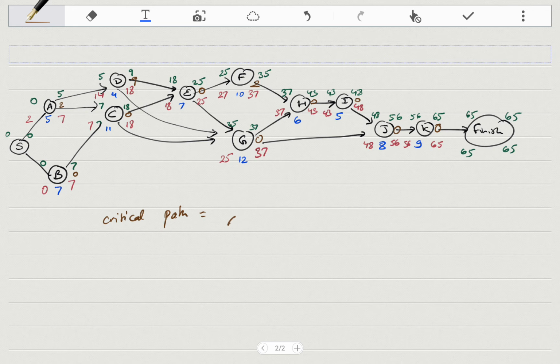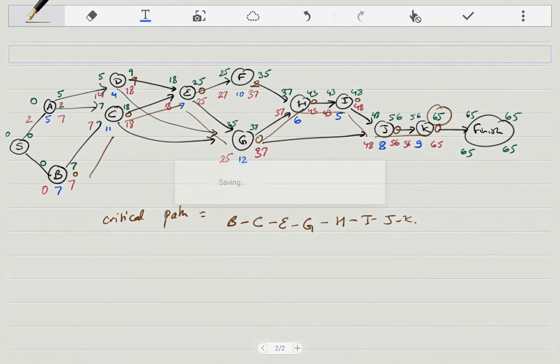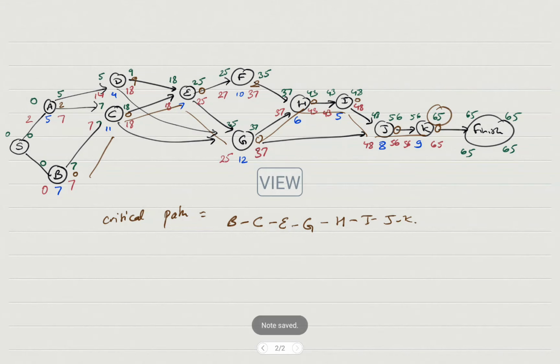equals B, right, that's the one with the 0, B, C, E, G, H, I, J, K. Alright, B, C, E, G, H, I, J, K. My project completion time is 65, but again your number and my number could be different if we rounded it up differently. Alright, now let's go back to our